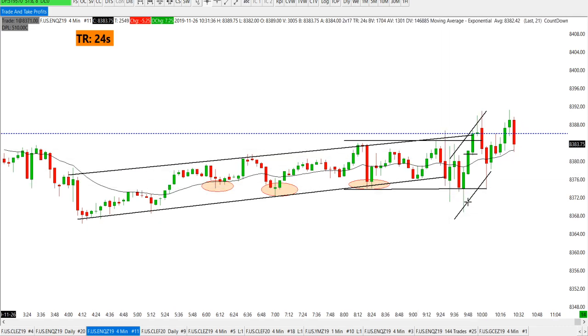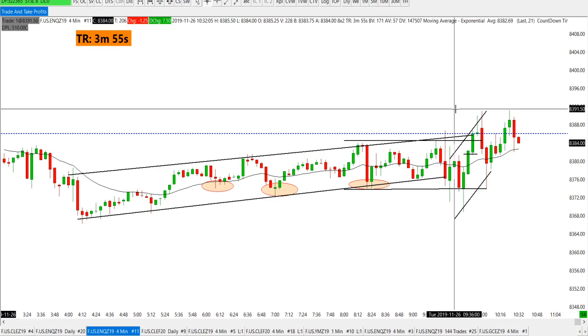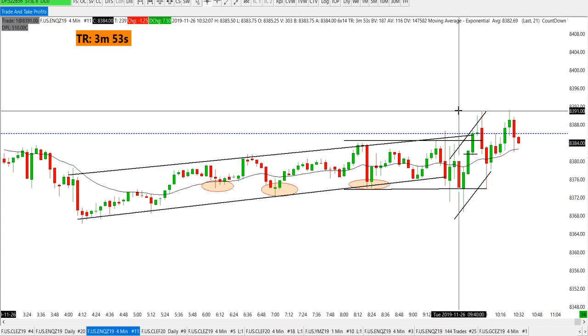I wanted to buy this right here, but like I said before, I'm at the stage where I don't rush anymore. I noticed that when I rush, it gets me in trouble. Today is probably a good example. If I didn't rush, I missed out on a couple of trades, but I can guarantee you I will show you some other days where if I don't rush, it would basically benefit me. Actually, not just one day, it would be a lot of days where not rushing would benefit me. So I don't look at one day and say, oh man, I missed out on that trade. I look at the majority of the time. Majority of the time, if I rush or if I have that FOMO in me, it's not going to work out.